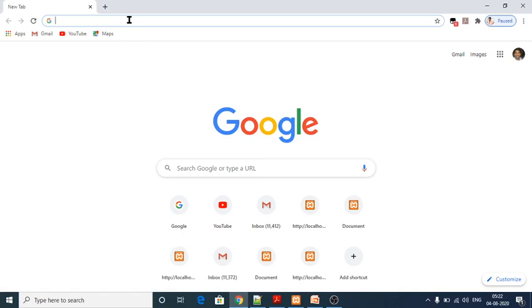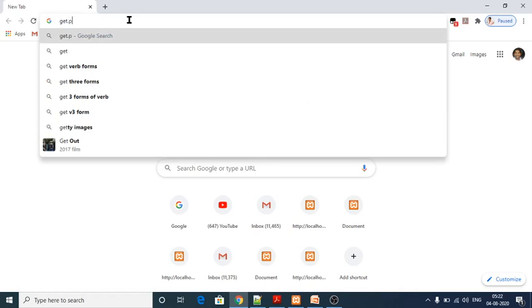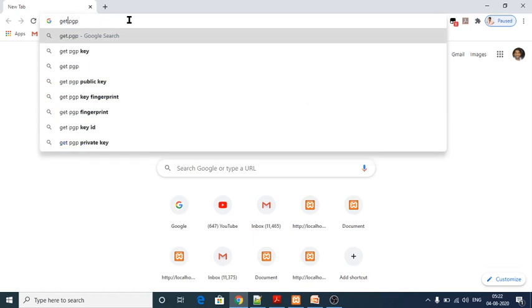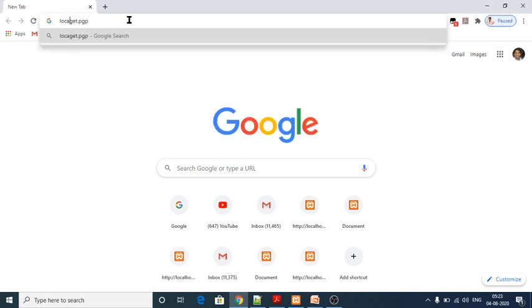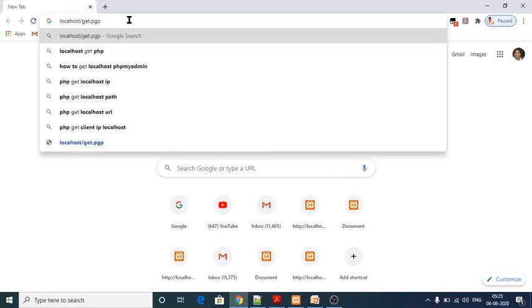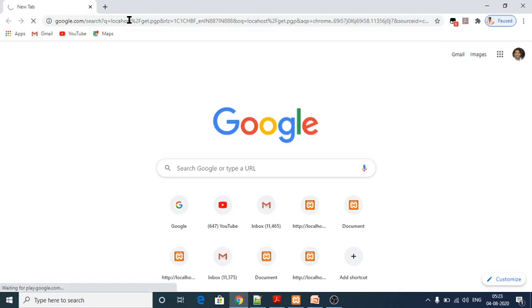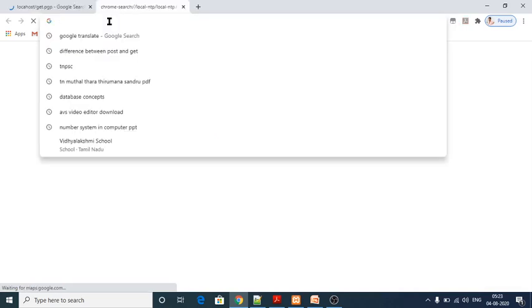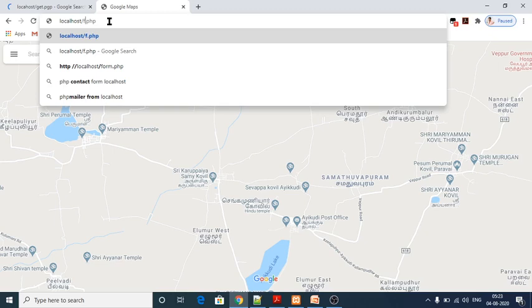So see here, get.php, and before that I have to enter into my localhost.